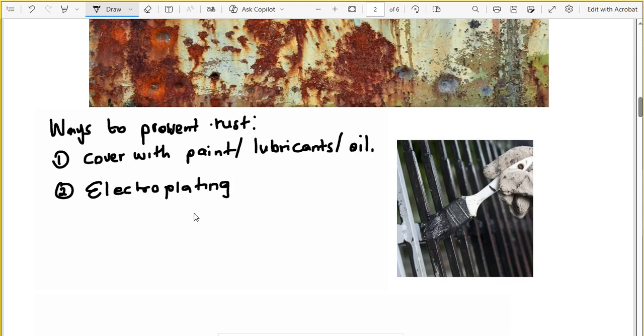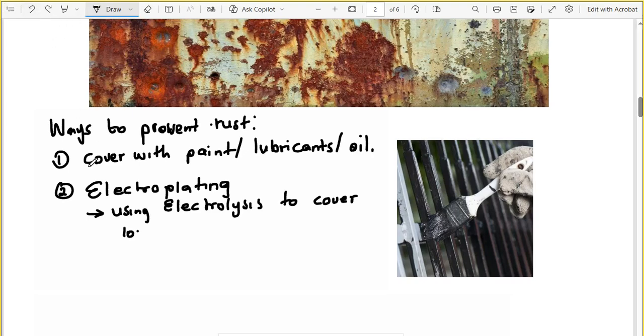Right. Number two, another way to prevent rust is electroplating. I'll explain what electroplating is. You'll see when you get to grade 12, you'll understand more about electroplating. You will even hate this topic when it comes to electrolysis. So we're going to use electrolysis to cover iron